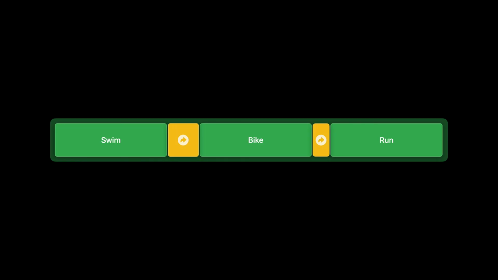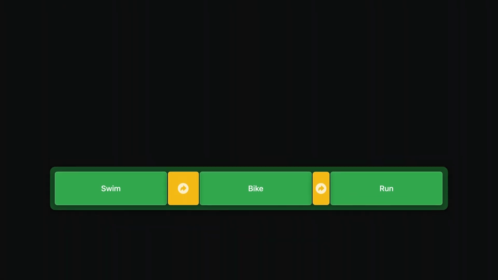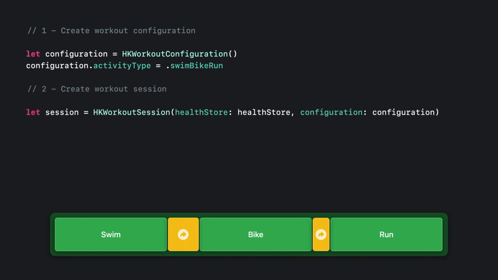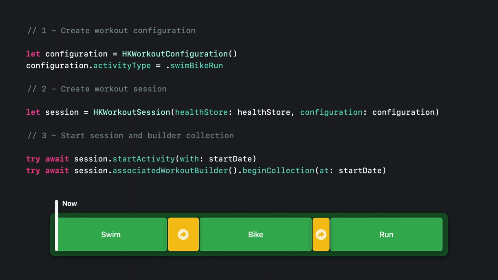Let's go back to my workout timeline. To track this workout on Apple Watch, I need to set up a workout session and builder. I start by creating a workout configuration with the type swim bike run. Then, I create an HKWorkoutSession using my configuration. At the beginning of the workout, I simply call startActivity on the session and beginCollection on the associated